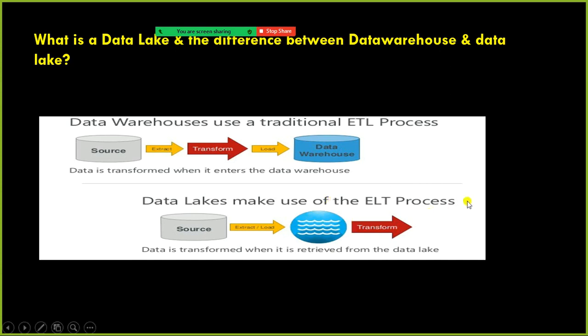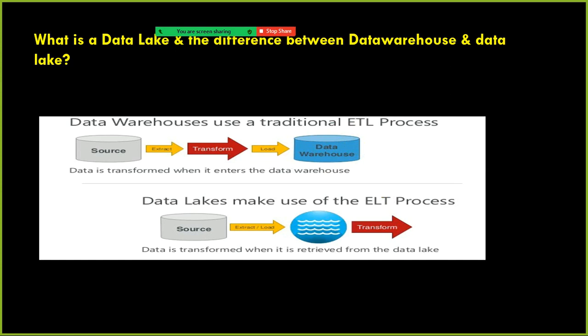For example, a machine learning model or deep learning model. In the Azure data lake, you can store any type of data: structured, unstructured, semi-structured, quasi-structured, any type of data. So the machine learning applications can come and pick up the raw data, and you can train the model there, and the reporting users can come and consume it. But for analytic purposes, you still need to have the data warehouse, because in the data warehouse we